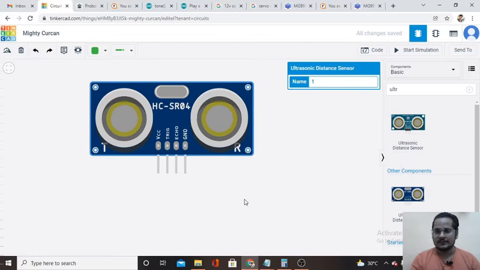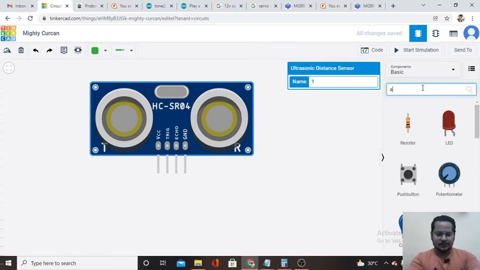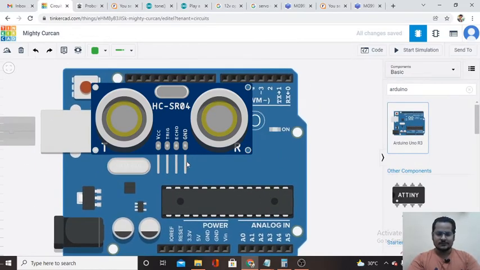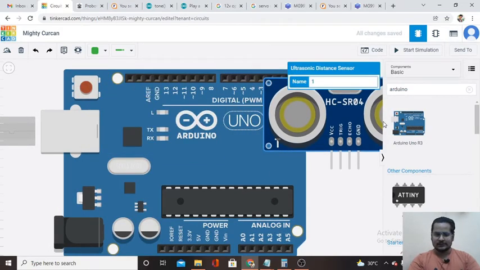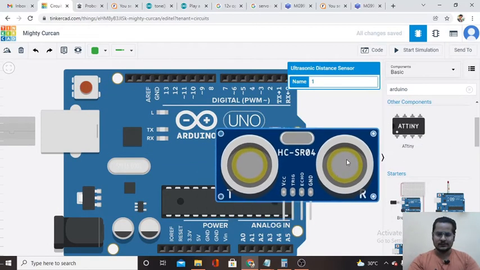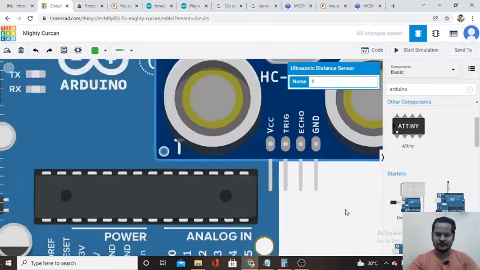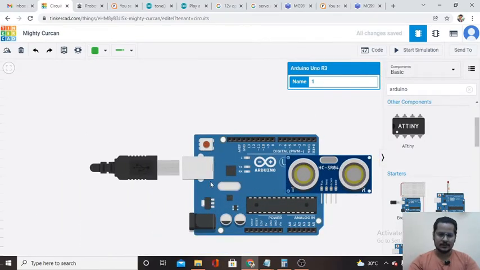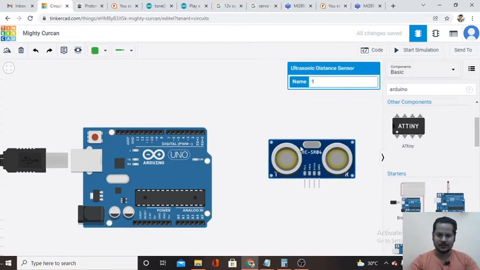So let's start. For this I'll be using an Arduino Uno board. So this is the Arduino. Let me put this here. Now it is fine.